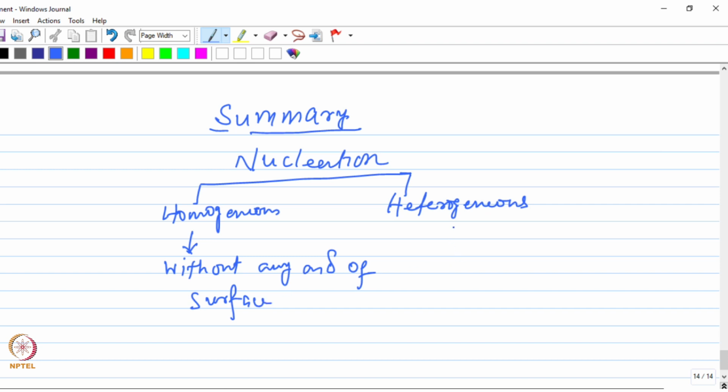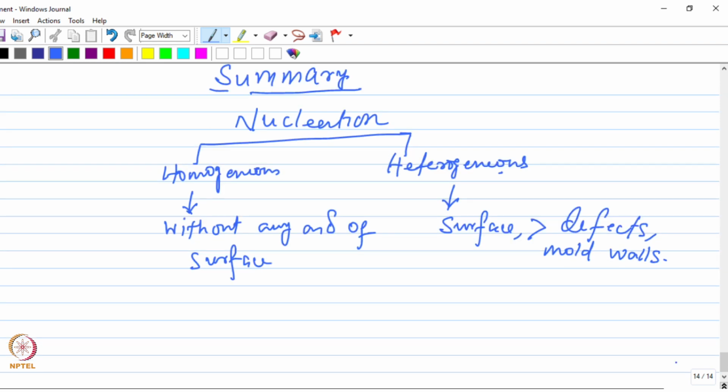Whereas heterogeneous nucleation occurs on a surface such as a defect or mold walls, and for the nucleus to form, there is a critical free energy change or an energy barrier,